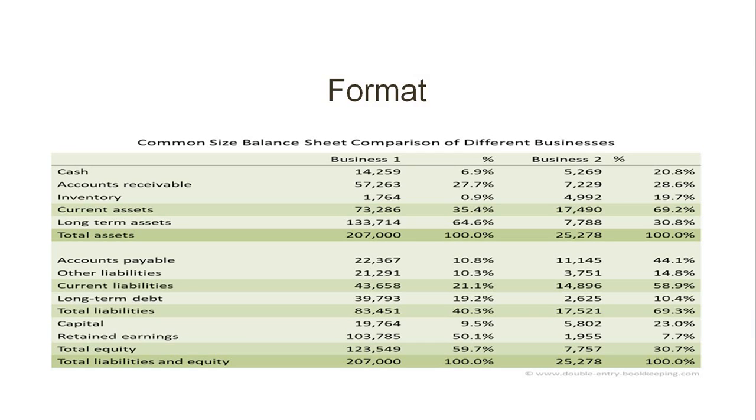So this is the common size balance sheet format where you are comparing two different businesses based on the total assets and total liabilities. You will understand it better when you watch the videos which we have discussed on different problems of doing a common size balance sheet. Okay, so the last thing which will come under unit 3 is